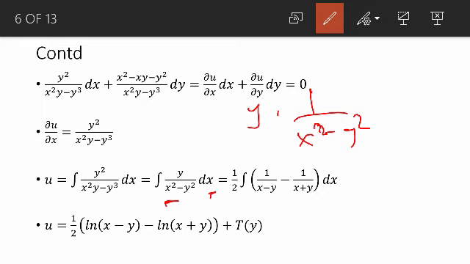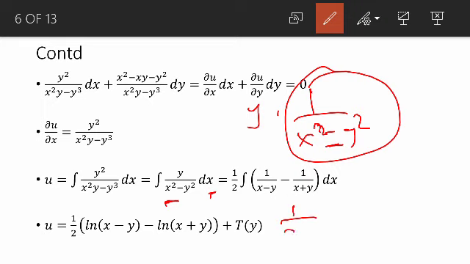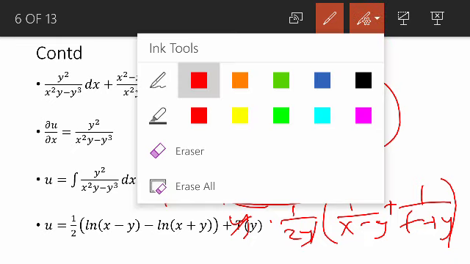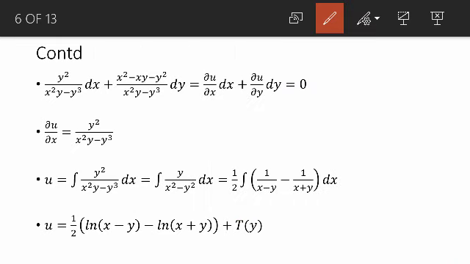Now when we break down 1 over x squared minus y squared by partial fraction, we are going to get 1 over 2y into 1 over x minus y plus 1 over x plus y. Since we already have y initially, you see that y cancels y, and we are left with 1 over 2 times the whole of this. So when we continue, you're going to see that your u now is half the integral of